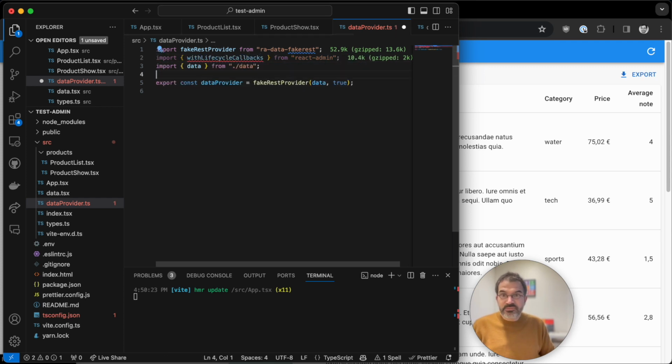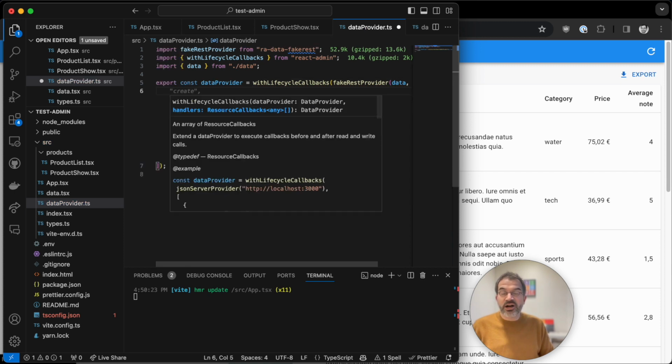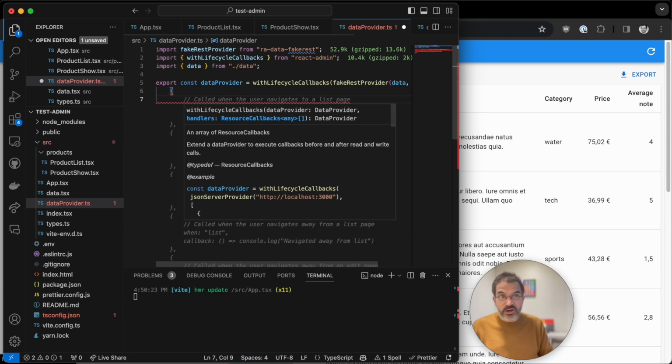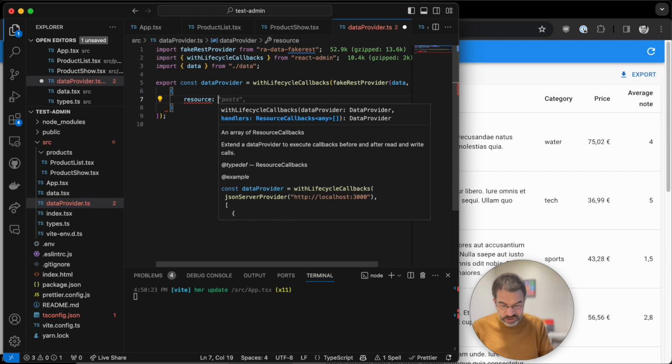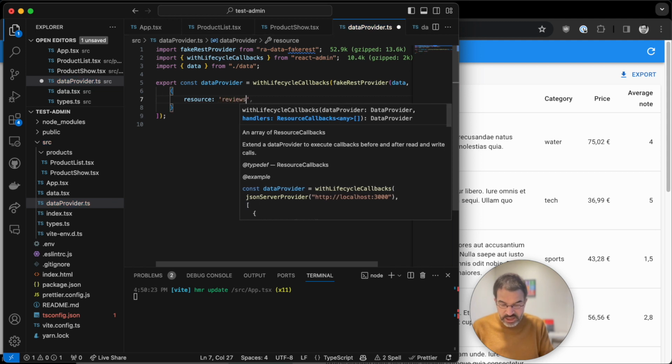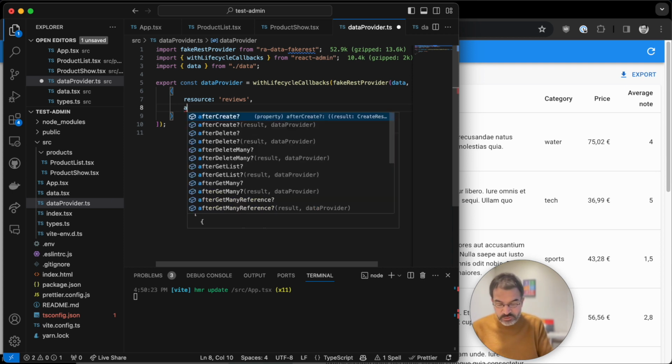And the way it works is I have to wrap the existing data provider with it, and I have to pass a second argument, which is an array of callbacks. And each callback is an object with a resource, the resource it should act on. In this case, it will be reviews, and a callback, and the name of the callback will determine when the callback will run. And in this case, I want to run after